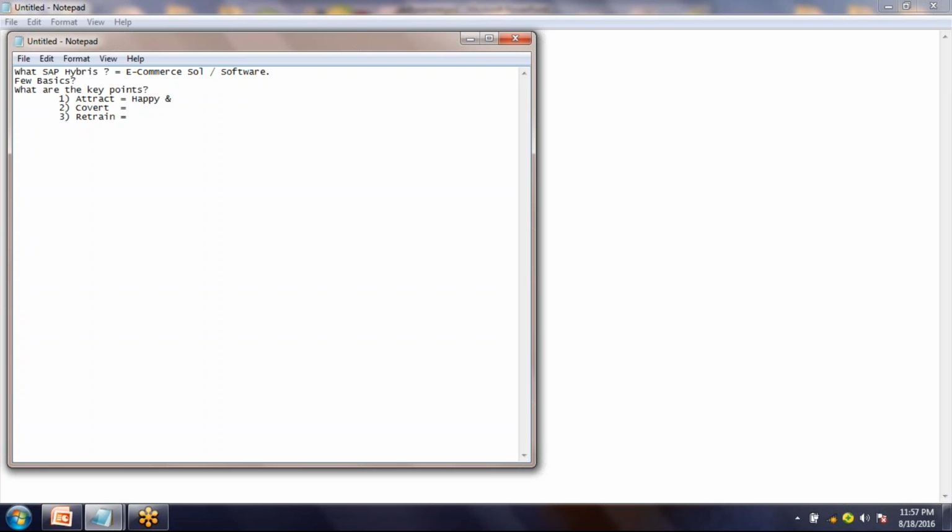The third one is, how do you retain the customer? Throughout the customer journey, let's say today the customer is with you, but do you think that tomorrow he will be available with you? No need to be. So the important point for you is, throughout the customer journey, consistently, you need to match the customer's expectations. Then only you can retain the customers. So if you want to retain the customers, you need to consistently match the expectations.